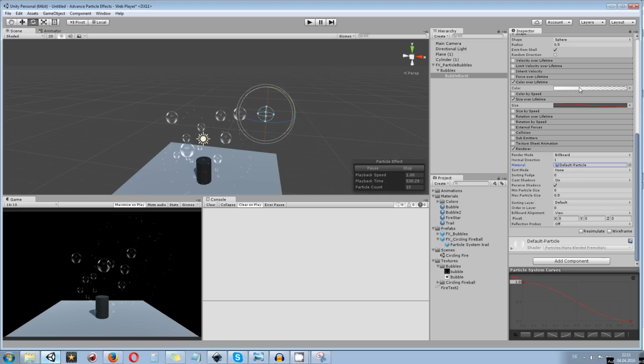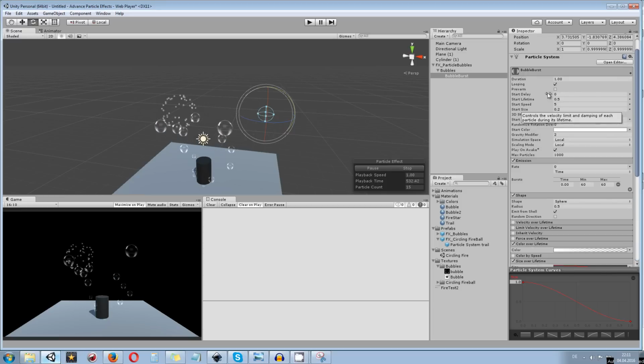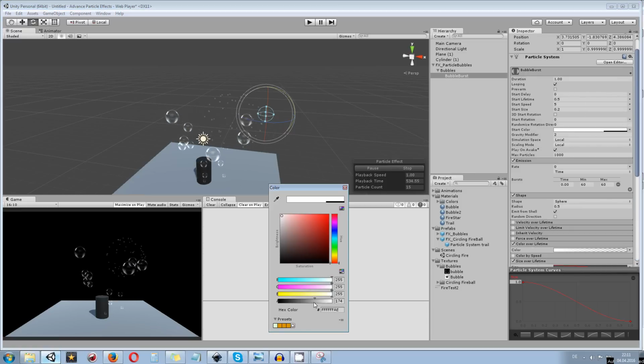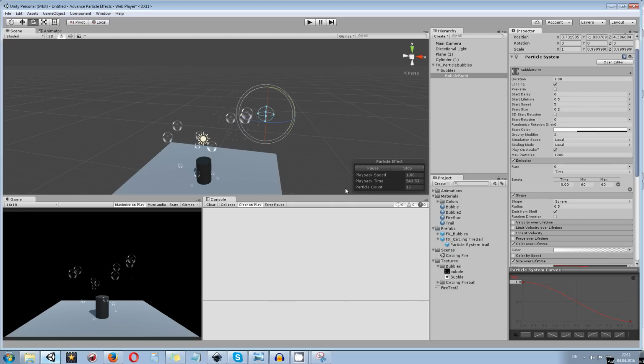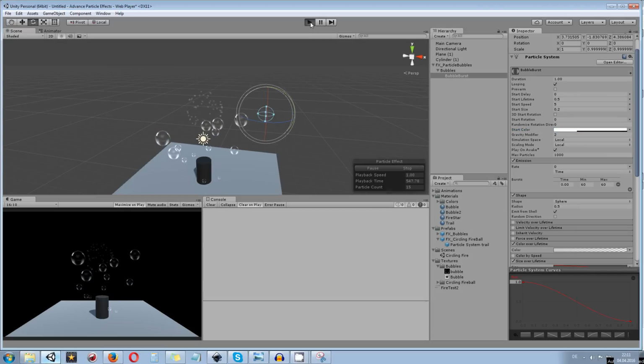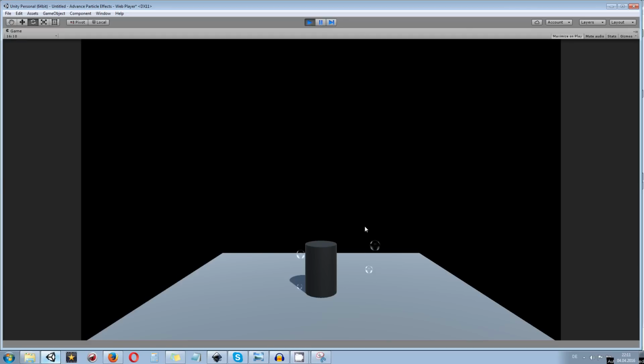If they are too prominent, you can always go into the start color and reduce the alpha to a less prominent alpha, so maybe to around 80 or something. It's your decision. And once you go into your game, those bubbles are going to grow up, and at a specific point, they will just blow down.